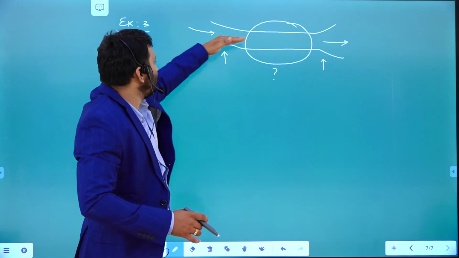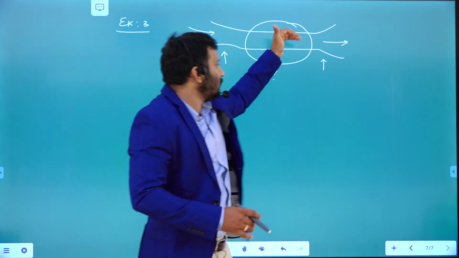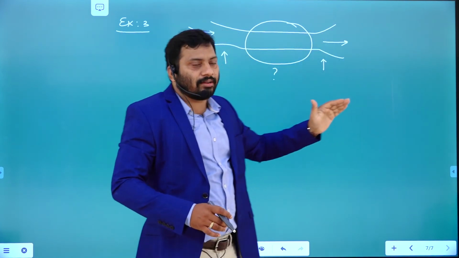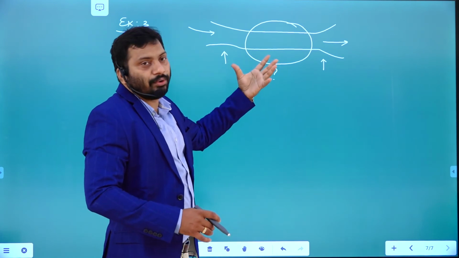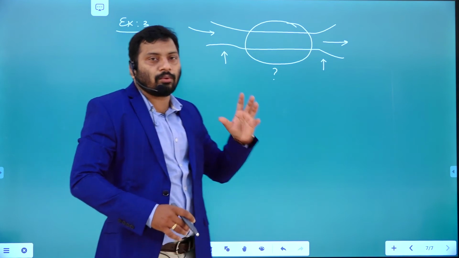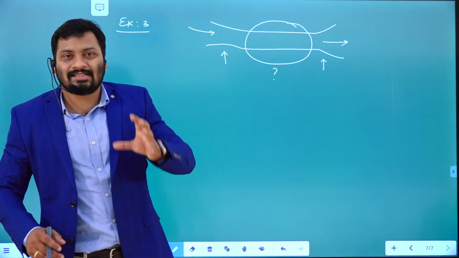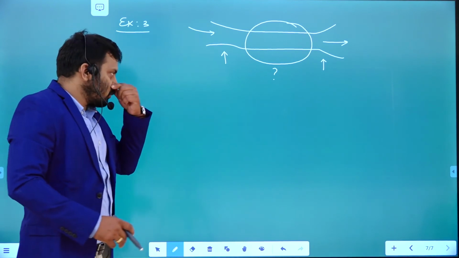Whatever the number of devices coming from this way is going to give the up count. Here, leaving is the down count, right? That is the reason both counts, entering and leaving, need to be considered. For that we are going to use an up-down counter in the same block. That application we will see now, right?